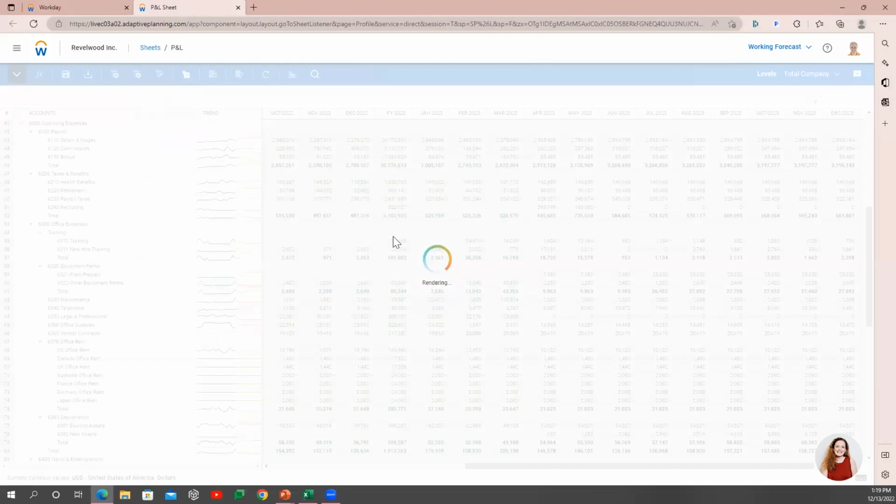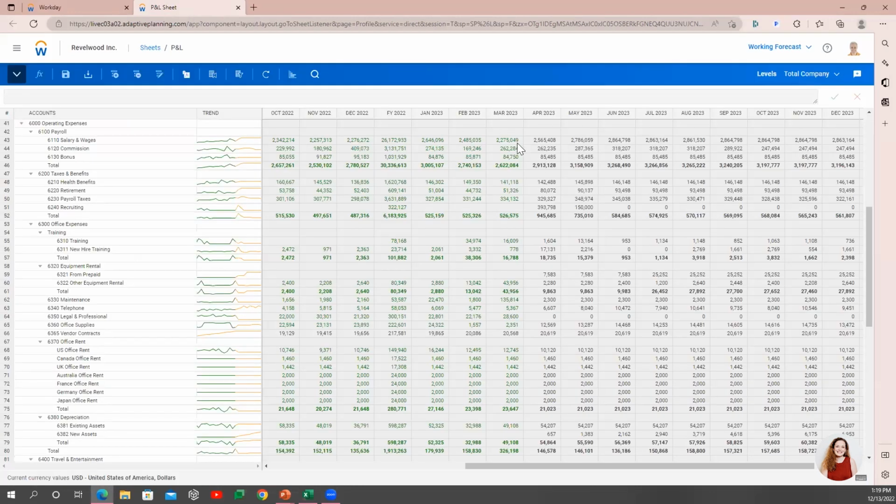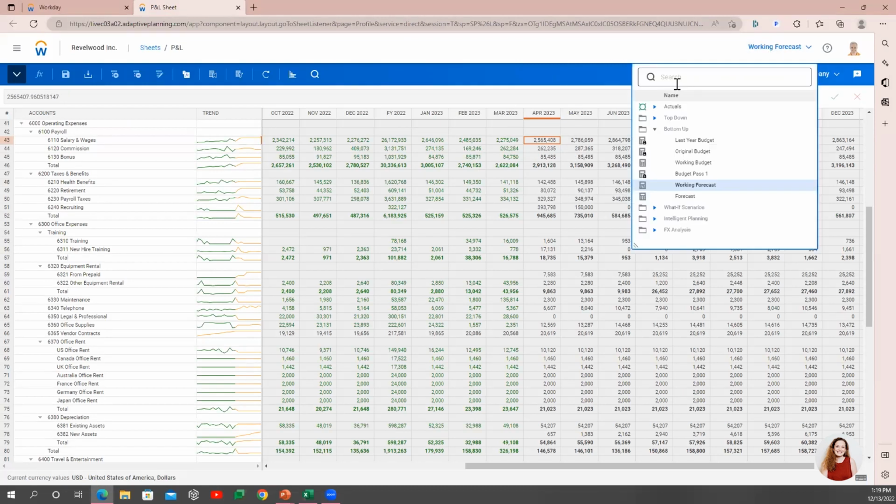So a couple of things you're going to notice when I pull this up. One is the green numbers and the black numbers. Green numbers are your actuals data, typically coming from your ERP. Black numbers are your plan data, either just entered in or based off of those other models that we saw in that sheets drop down. Adaptive, like I said, tries to make this as easy as possible, so that is also coordinated with your version